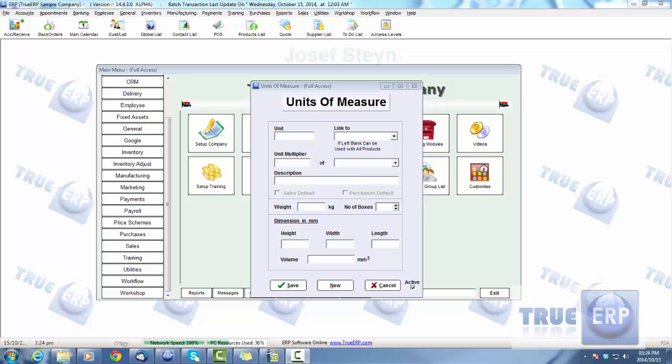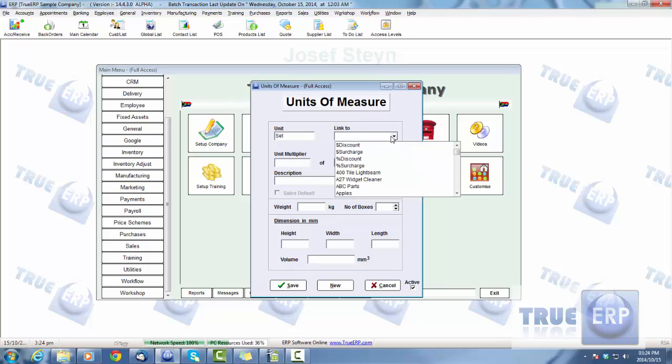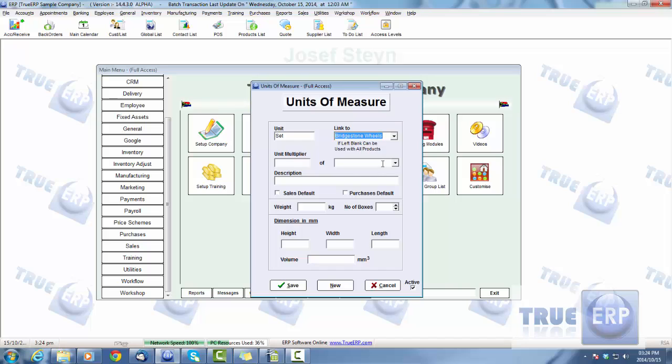So we're going to track this new unit of measure as a set, and we are going to link that to our Bridgestone product. So we're just going to say here under the name of this unit, it's going to be called a set, and we're going to link this to Bridgestone wheels. If you want to, underneath here it says if left blank can be used with all products. So this unit of measure, the set that we are creating now, if we leave that blank, we can create that as a unit of measure for all products, but we're going to specify this for Bridgestone wheels for this